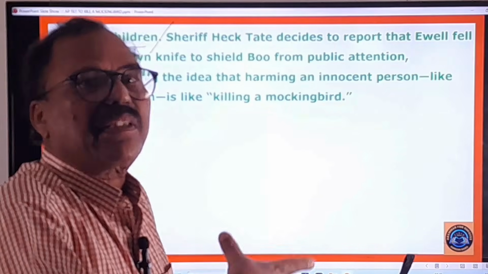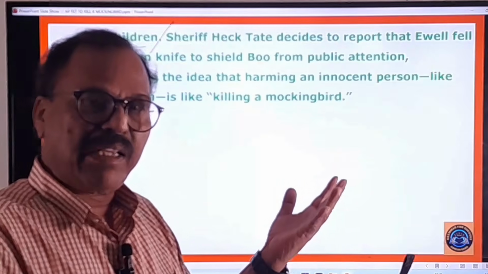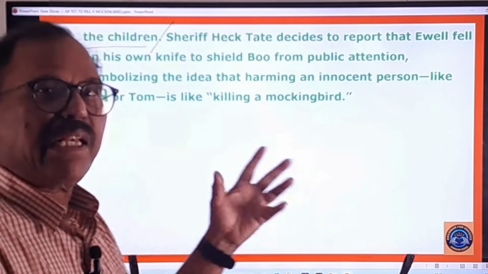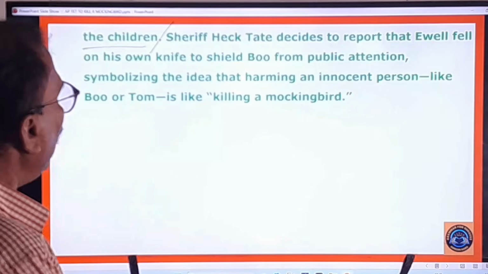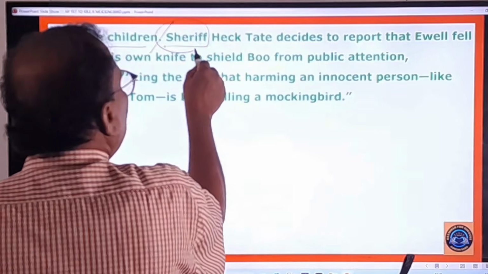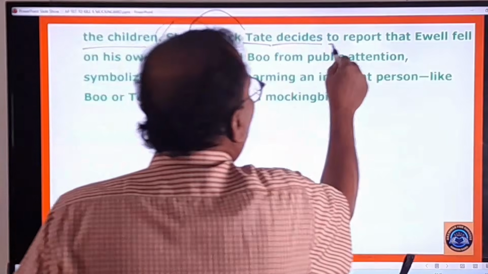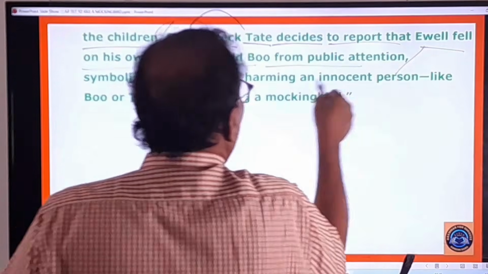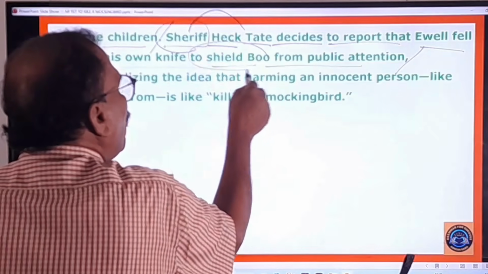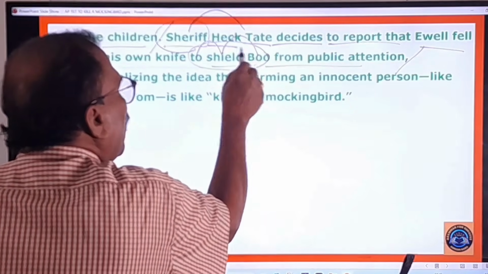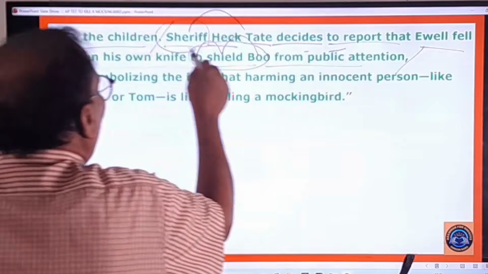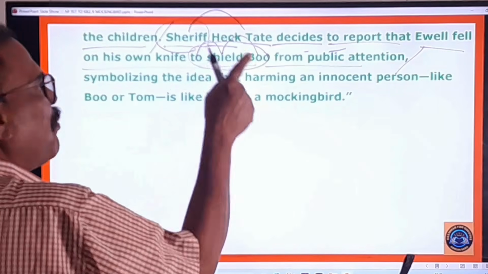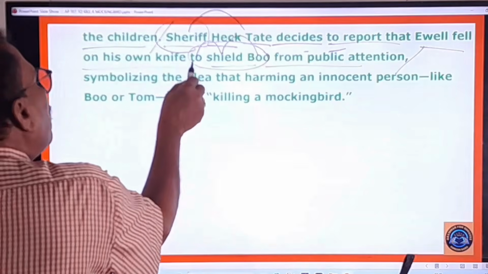In an attempt to protect the children, this Boo Radley comes out of his house for the first time, and he kills Bob Ewell. And now what happened? Sheriff Heck Tate, the police inspector, decides to report that Ewell fell on his own knife to shield Boo from public attention. So in order to protect Boo and save him from public attention, this sheriff decides to report that Bob Ewell fell on his own knife and he died on the spot,